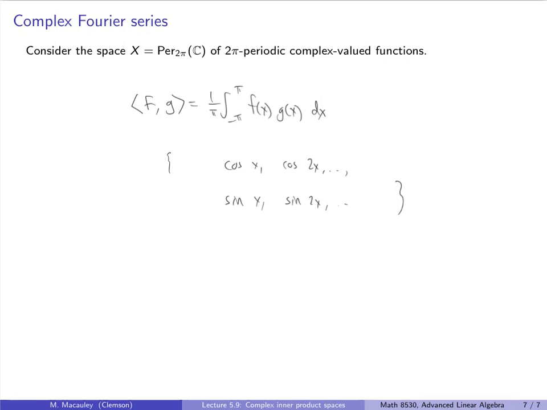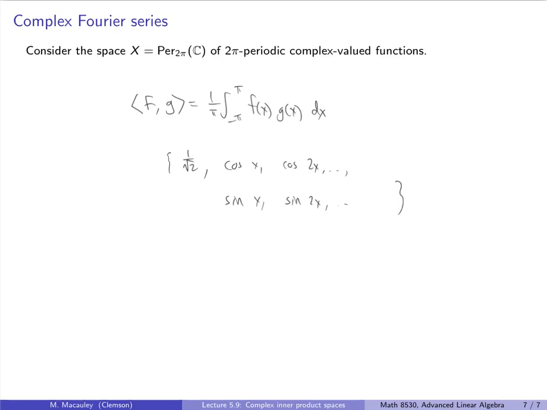Actually, unfortunately, 1 does not have unit length, so 1 over root 2 has unit length. So this is an orthonormal basis, which meant that every periodic function can be represented uniquely as a sum of sine and cosine waves, and possibly a constant. So there's this weird constant out here. I mean, it has to be there, but the fact that it has to be normalized by root 2 is